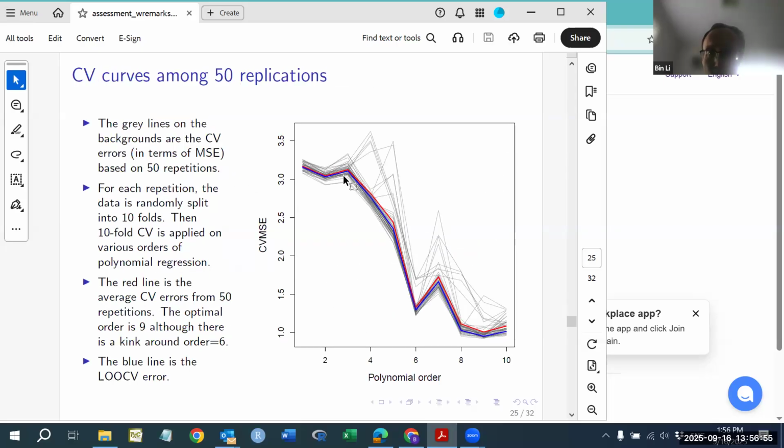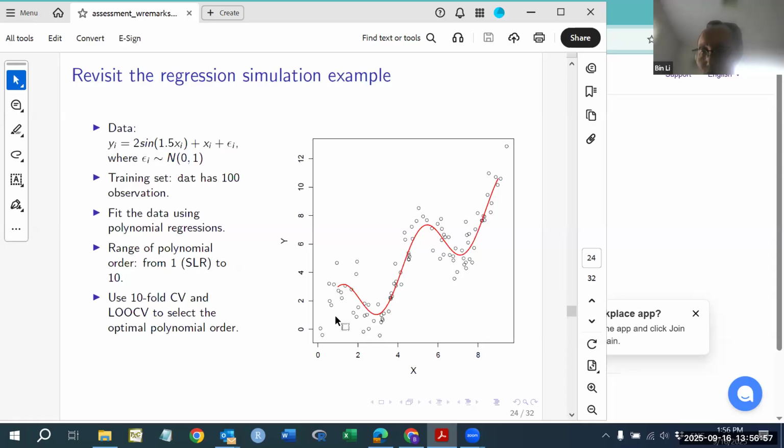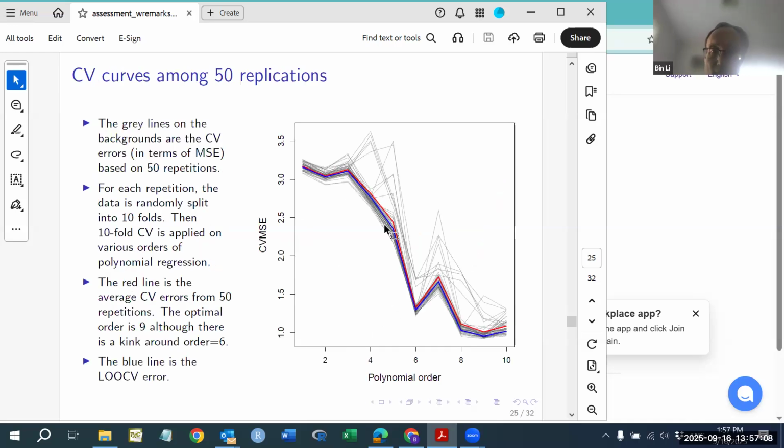I run the true function, which is that red curve. It's a combination of a linear function and a sine function. Okay, and I use polynomial regression and cross-validation to choose the optimal order for the polynomial regression. In the background, I did tenfold multiple times,